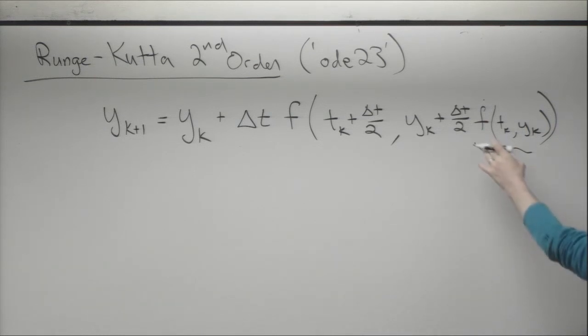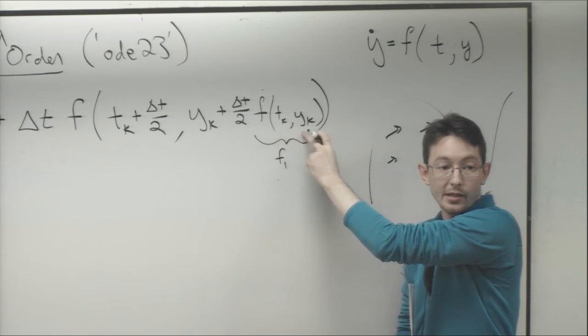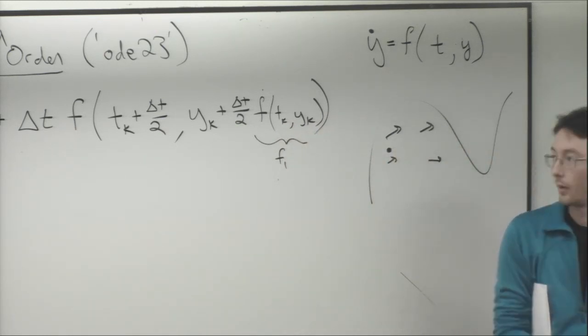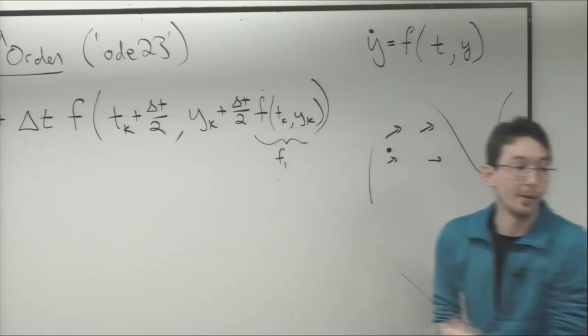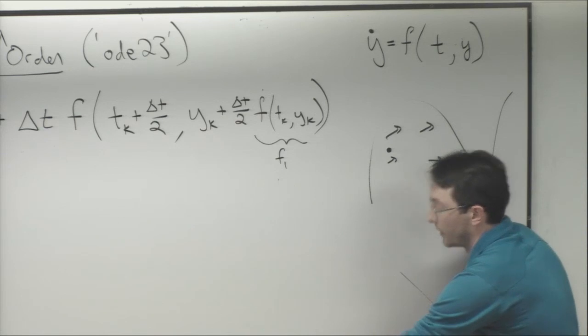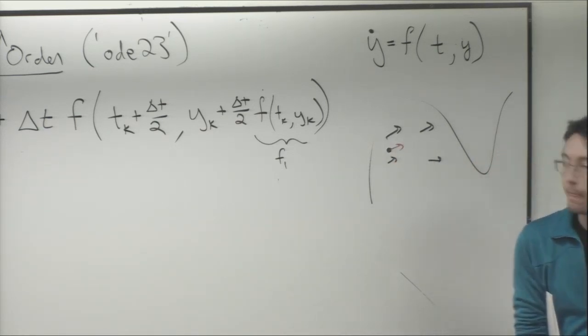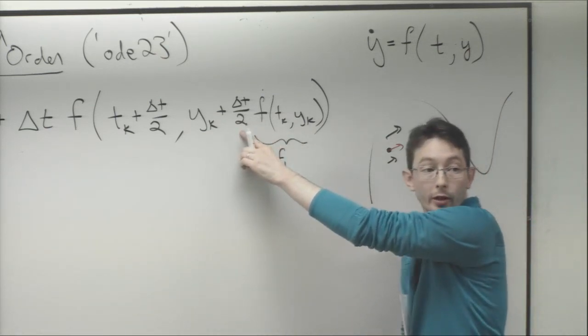Okay. So I take my vector field. I shouldn't have erased it. So I take my vector field, and I evaluate it at my current point of time and space. So right now, I am here. Okay? I evaluate my vector field at the current point in time and space, and I think, okay, well, I'm pointing this way.